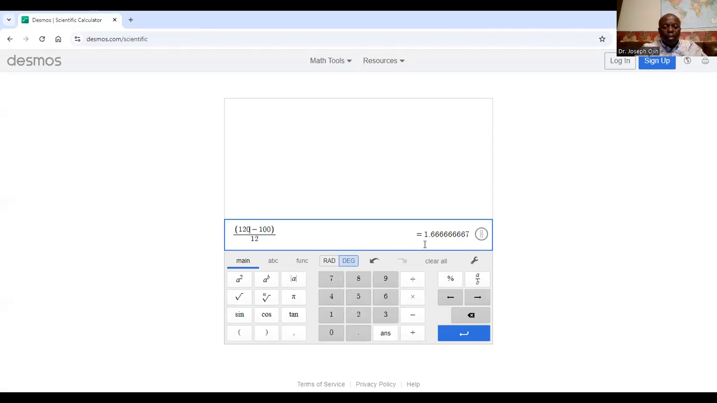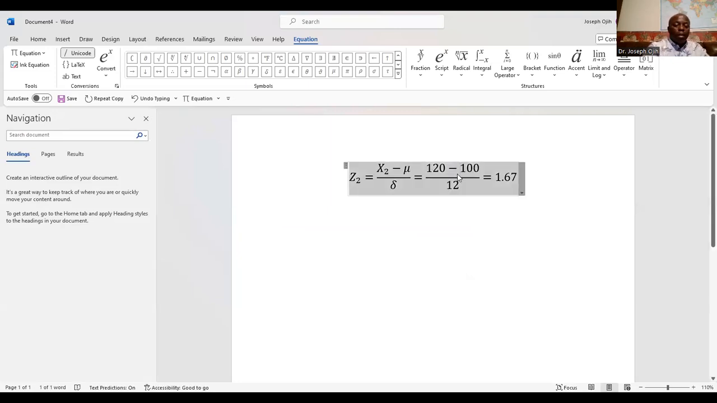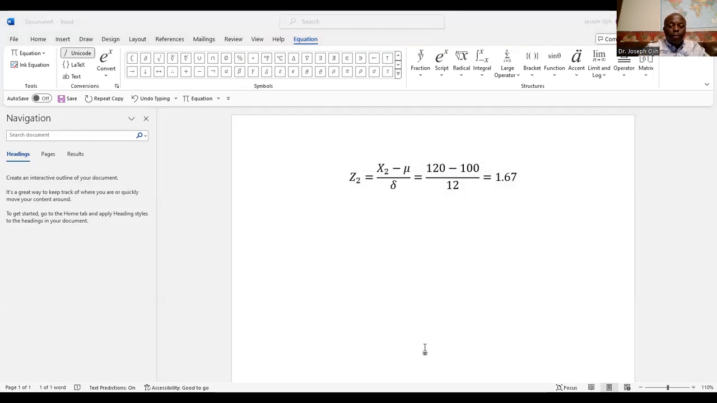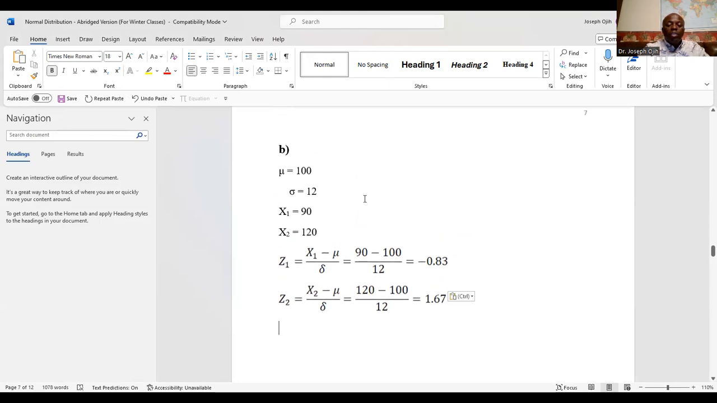Okay, 1.67. Can go and put it in. 1.67. And we can copy this, then paste it here. So it is no longer x2, it is now z2, and this 120 has been transformed to 1.67, which means that the